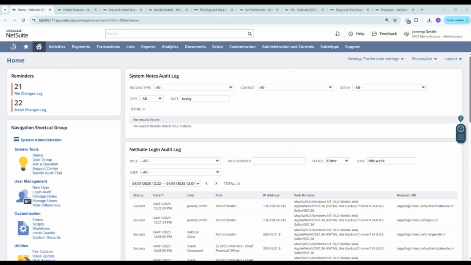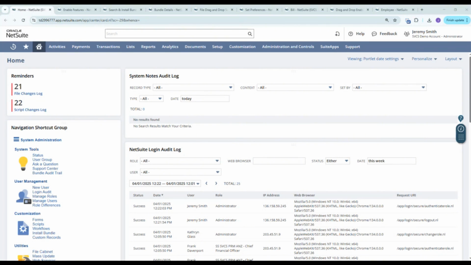Today, we will walk through the installation, setup, navigation, and benefits of this simple but powerful feature that streamlines document management in NetSuite. So let's dive in and explore how to enable NetSuite users to upload single or multiple files from their desktop to the file cabinet or to a record page.